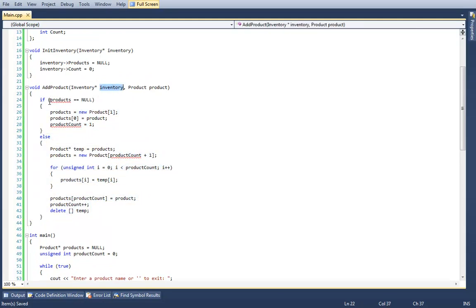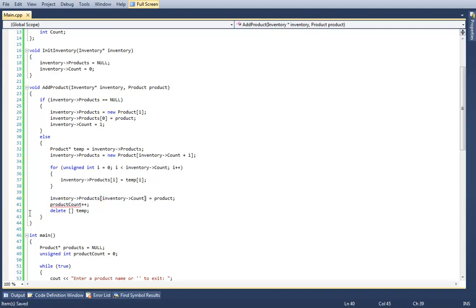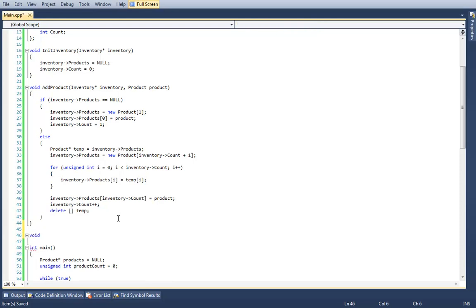This is going to say, if inventory products equals null, then do that, and so on. Okay, so now we have our add product, and then let's have a function called